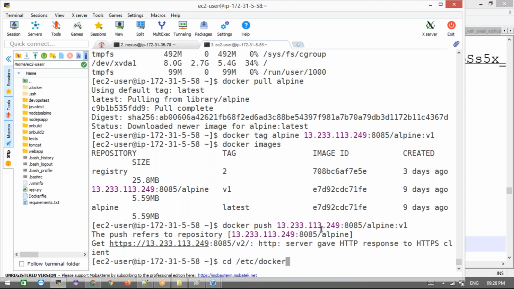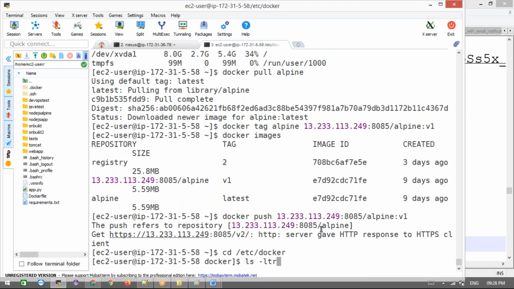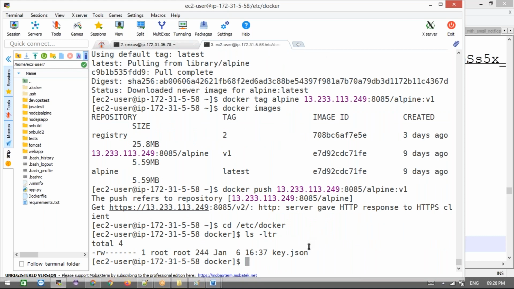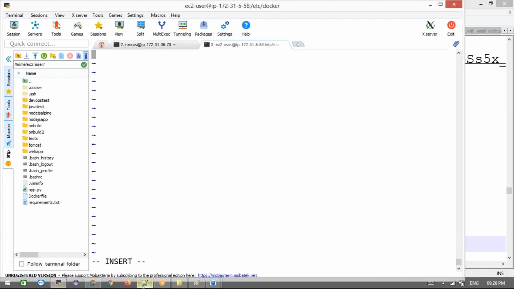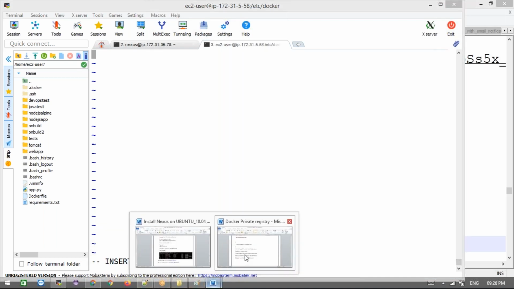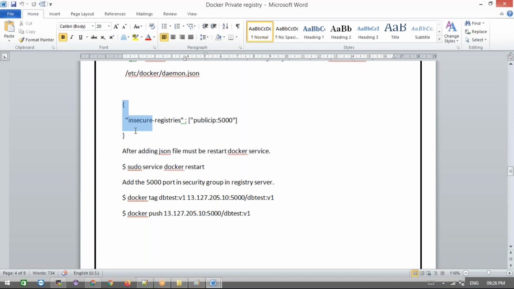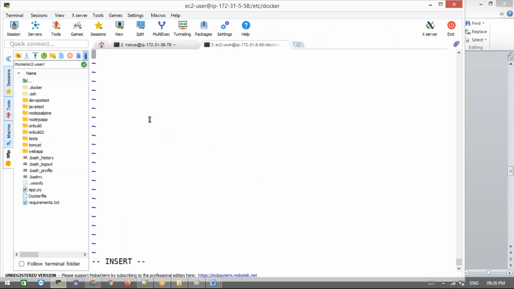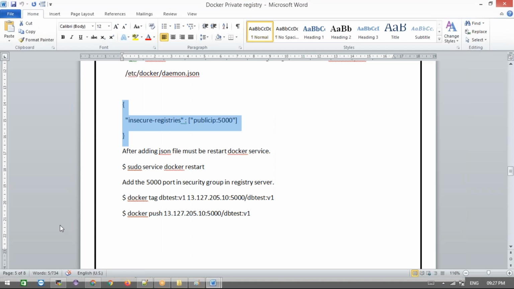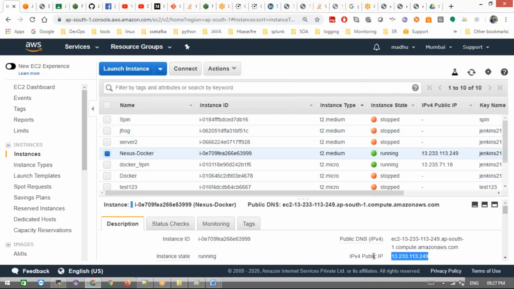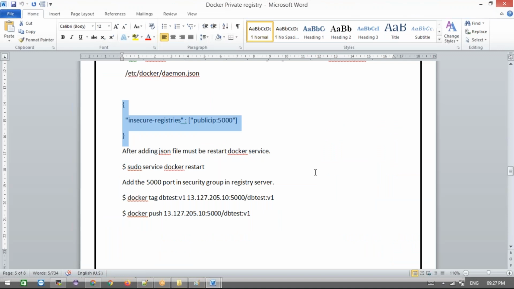Okay, in this path we have to create a daemon.json file. sudo vi daemon.json. Okay, let's create one daemon.json. Here you must add the insecure repository URLs. If you are using a private repository, you need to give that private repository URL. Or else here for Nexus, we are going to give the public IP of the Nexus machine,